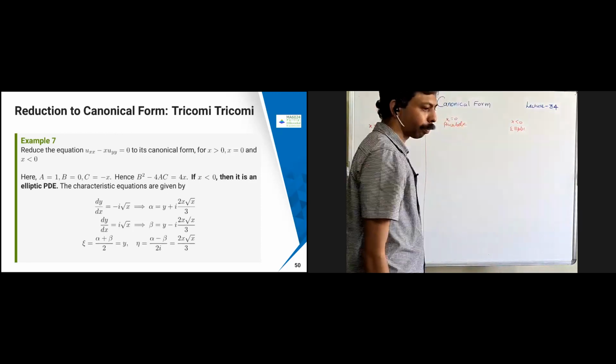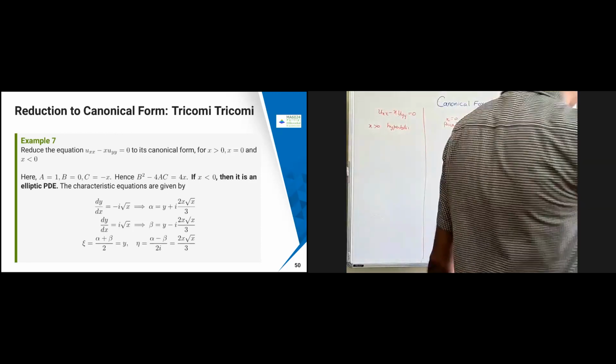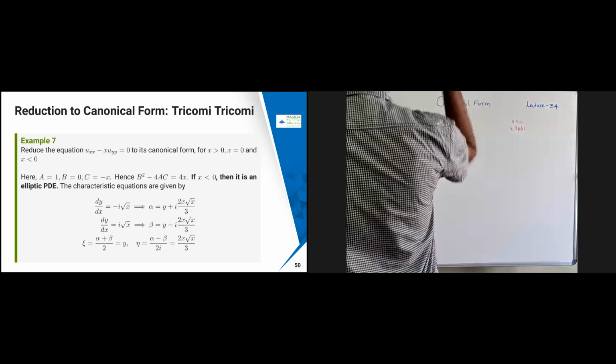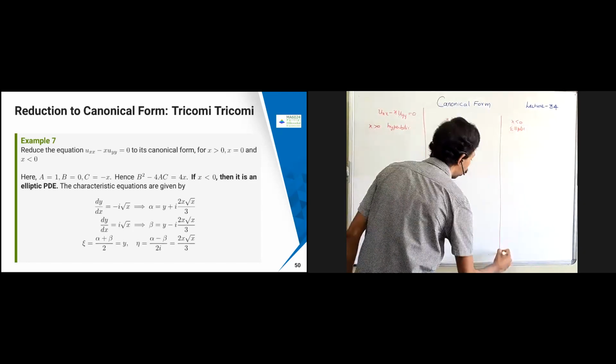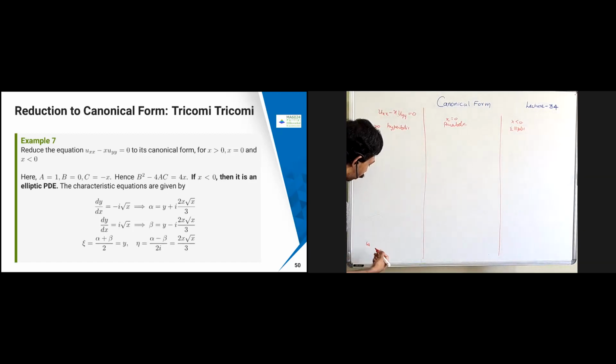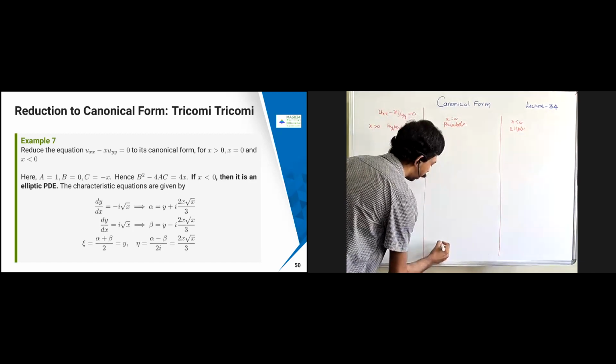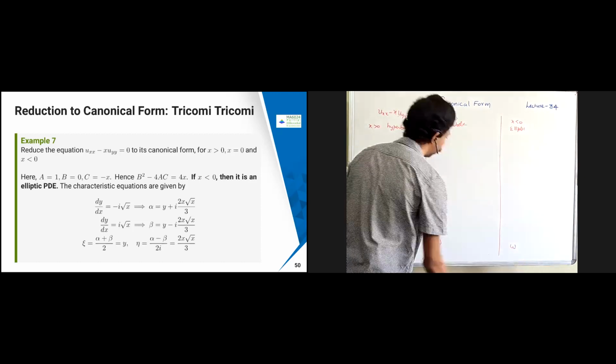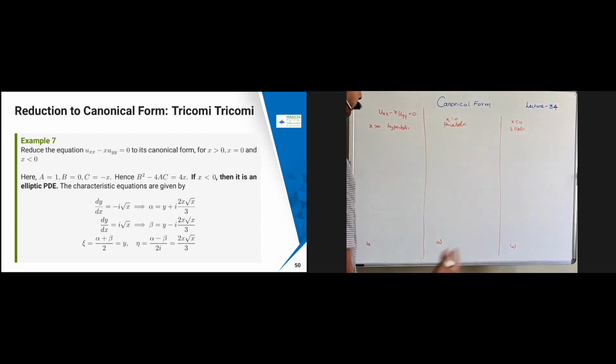Correct? Is it correct or not correct? Okay. Yes, sir. Okay, fine. So let's look at one by one. So here I have to get one equation W of chi, etc. And similarly here I have to get some W, and here I have to get some W. Okay, W of chi eta something is going to.